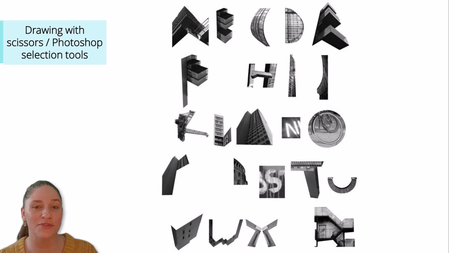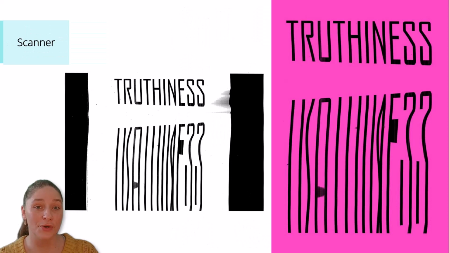The camera or smartphone was used again as the recording tool for this architectural typeface. Using Photoshop selection tools as drawing tools, along with observing the shapes of different structures to find letter forms, is a way to get students thinking about type as shape, to play with type in a more experimental way. Using the photocopier or scanner to draw with, distorting the imagery in type, is quick and easy. Students can use this as starting points for type design, seen here with the truthiness work, or as an end